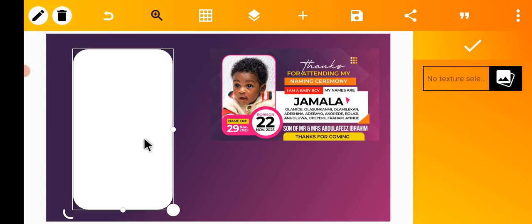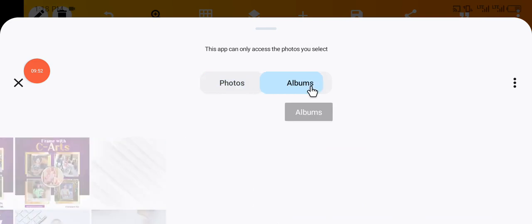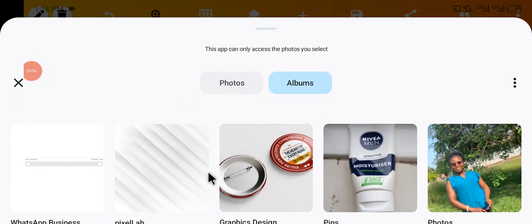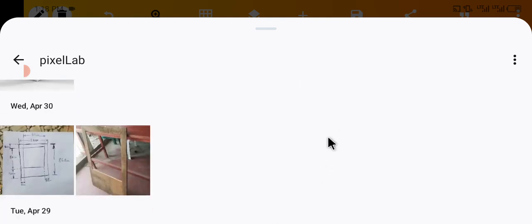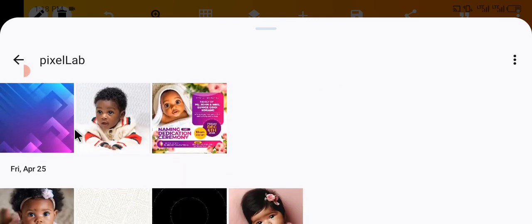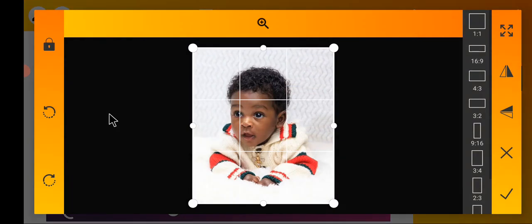Now once we want to insert an image into this particular shape, the function we are going to use to achieve that effect is called texture. So you click on this, then you go to the folder where you are having your model image. Okay, so this is my model image shape. I'll make sure I drop it inside the description of this video. So after watching this video to the end, make sure you check under the description of this video and